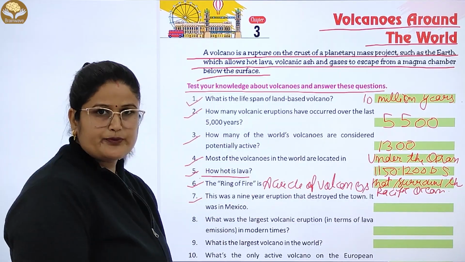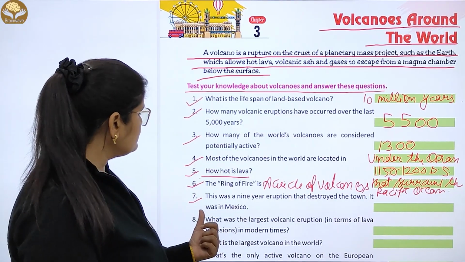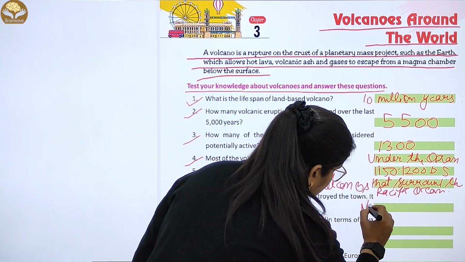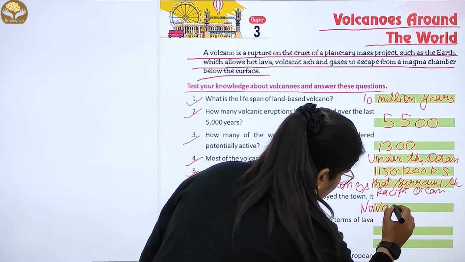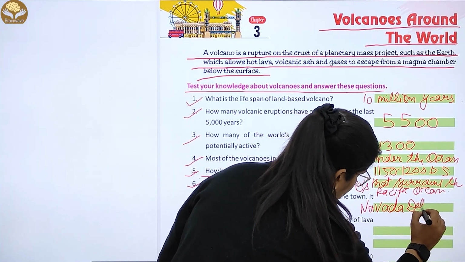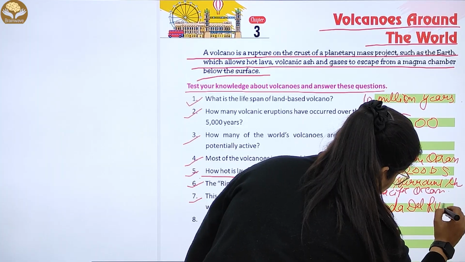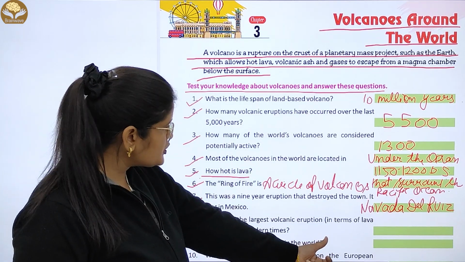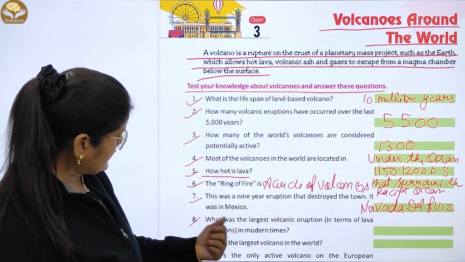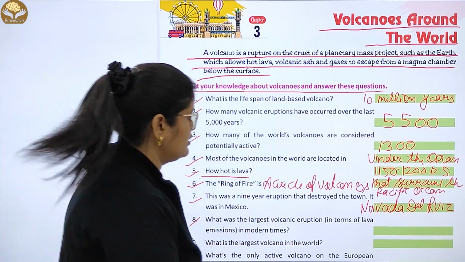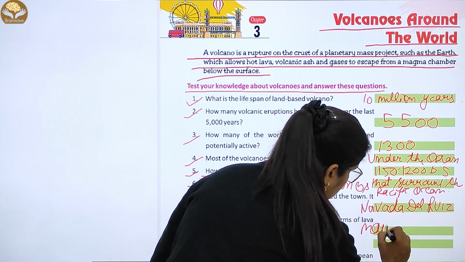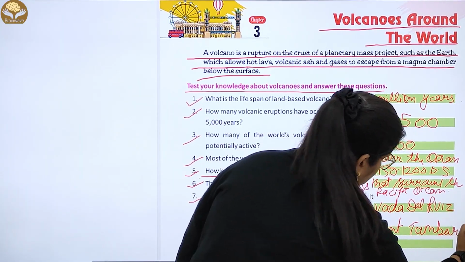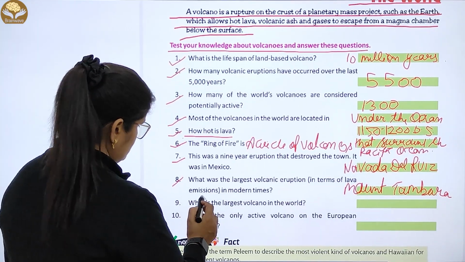This was a 9-year eruption that destroyed the town. It was in Mexico. This is Nevado del Ruiz. Number 8, what was the largest volcanic eruption in terms of lava emissions in modern times? This is Mount Tambora. Number 9,